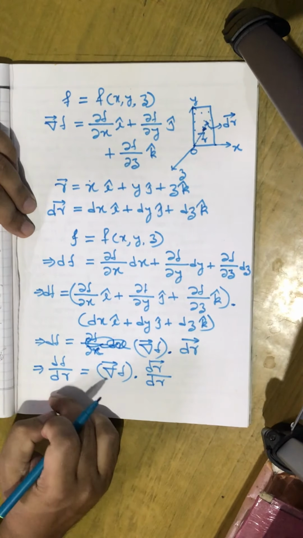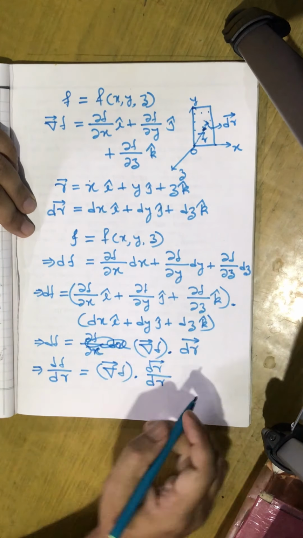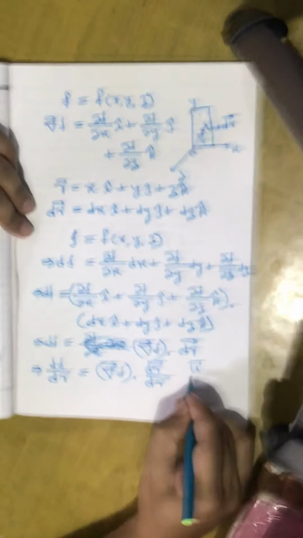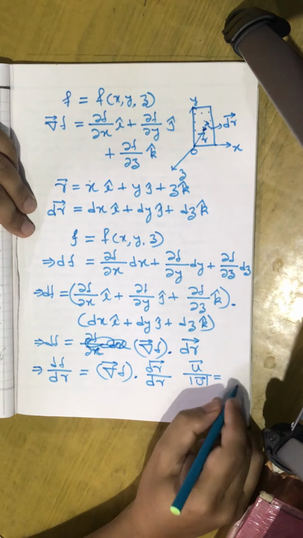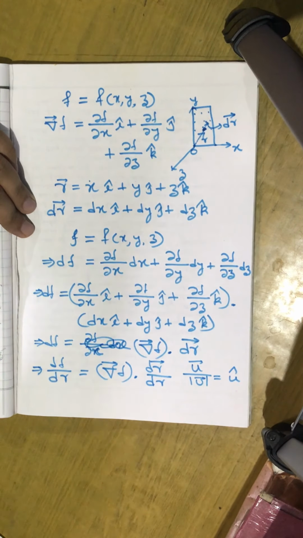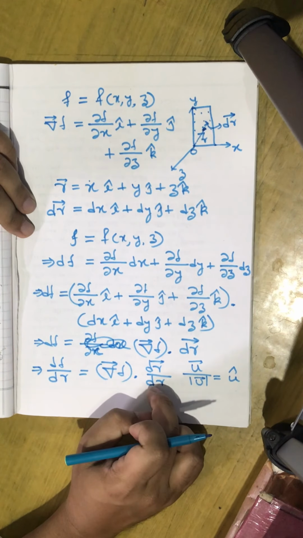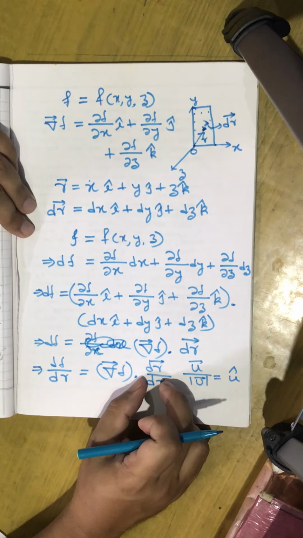Here small r, dr is the magnitude of the dr vector. So if you remember from your vector analysis class, if a vector u is divided by the magnitude of the vector, we can find the unit vector along the direction of that vector. So this is nothing but a unit vector, dr vector divided by dr, along the direction of dr.